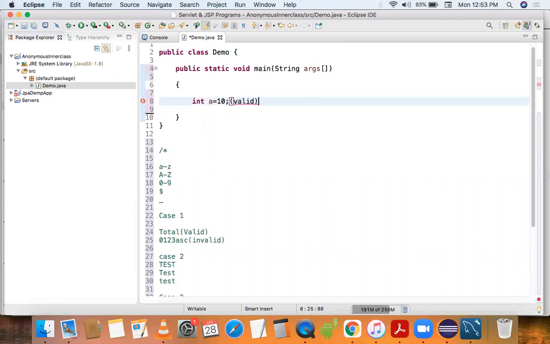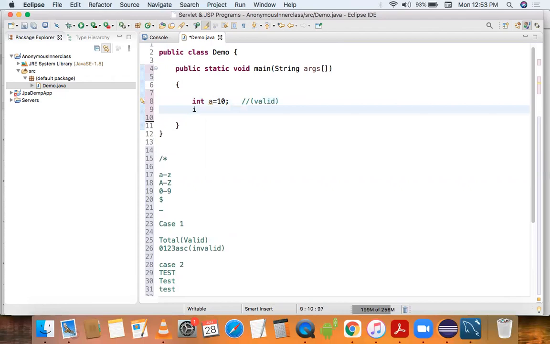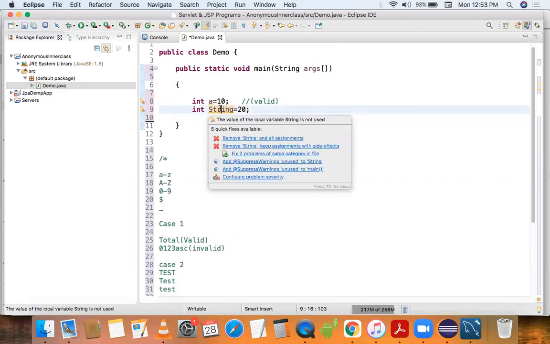But if I use integer String equals to 20, this is also a valid identifier. We can use the String class as an identifier. So this is a valid identifier.